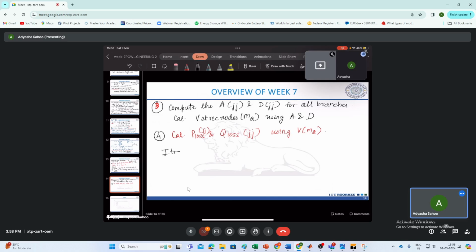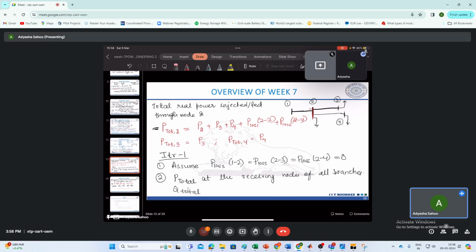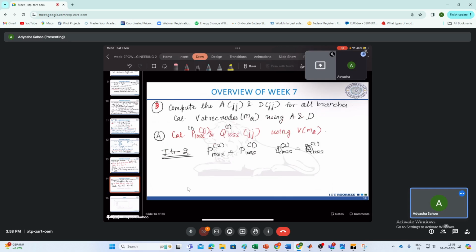And for iteration 2, again you now take the loss as P loss JJ in iteration 2 as computed at iteration 1. So this was iteration 1, and Q loss at the second iteration as computed in the previous iteration. And once you know the losses, again you can calculate the total real and reactive power injected at each node, and from that this process will continue iteratively, and here the convergence or termination